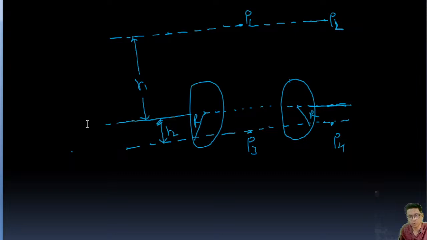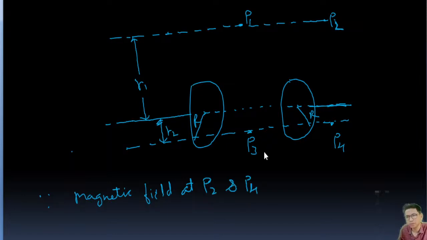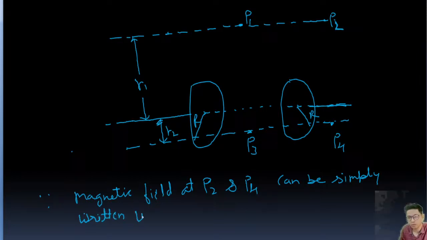So we'll write, since the magnetic field at P2 and P4 can be simply written using Ampere's law